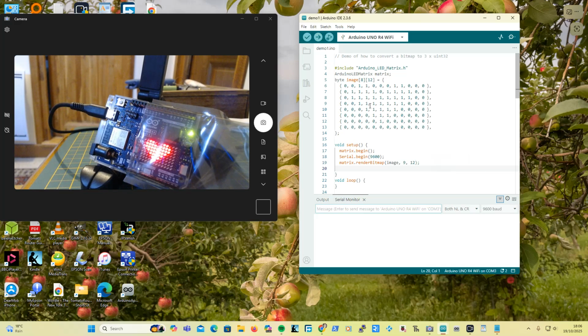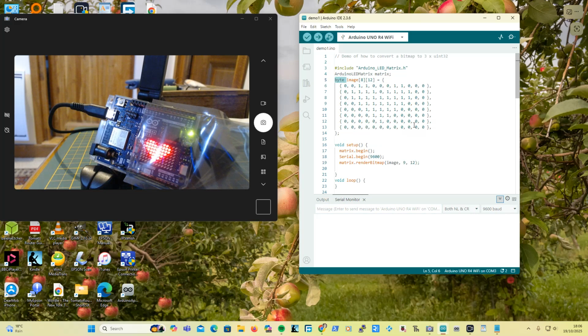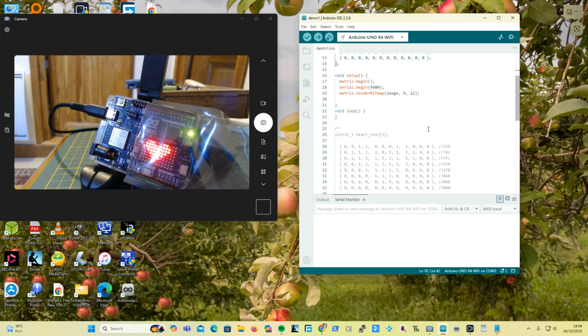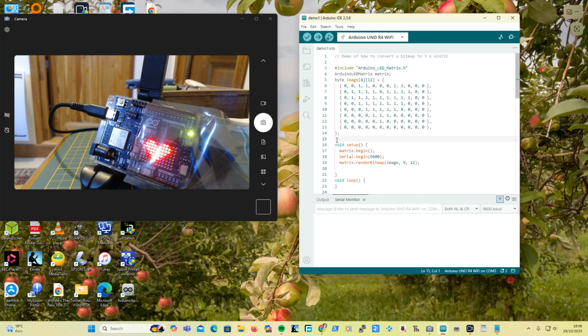But what I don't like about this is that it is 96 bytes to store that image, and as it's all ones and zeros, you don't need to use bytes, you can use bits. So here I'll just show you how you can get around that. So we have an array of 3 32-bit unsigned integers,